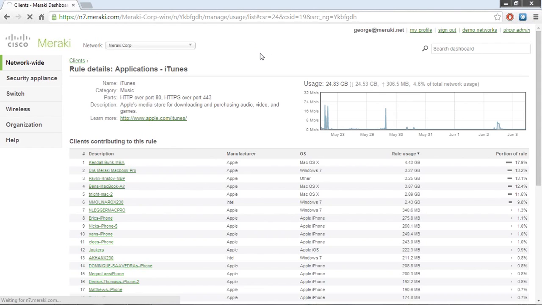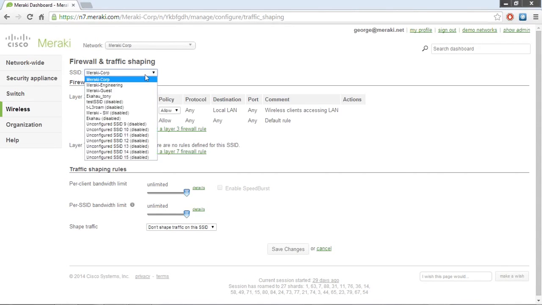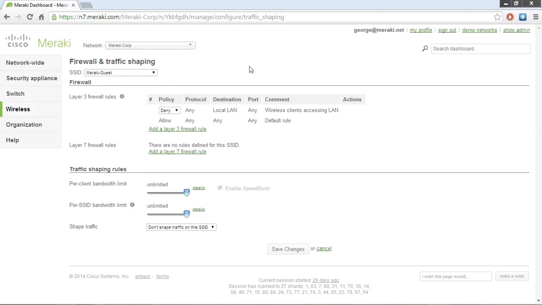Now, I can actually look into one of these applications to see which devices are contributing to it as well. So if I wanted to take a deeper look into, say, iTunes, for example, I can select iTunes, and it'll give me information about both what this actual application is. So it's Apple's media store for downloading and purchasing audio, video, and games. We all know that, but that might be more helpful for a less well-known application there. And we can see the client devices that are contributing to this rule as well. So we can see a number of these devices here have passed over 4 gigabytes of traffic here, or over